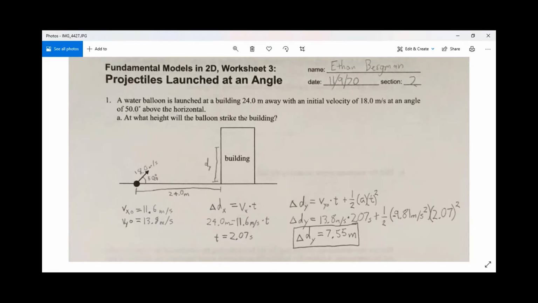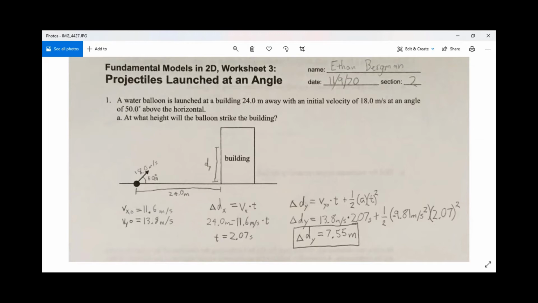So for the first part, you use d equals v times t, and you put in 24 meters equals, oh wait, I forgot one part, which is vx, which is 11.6, and vy, which is 13.8. So you plug in 24 meters equals 11.6 meters per second times t,